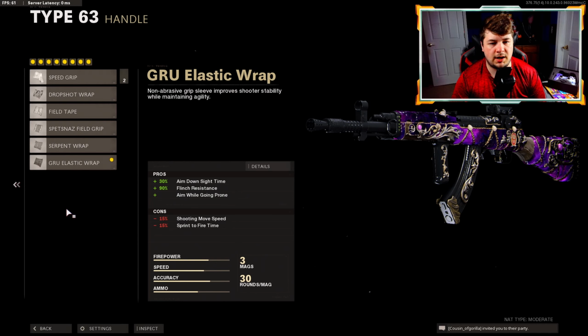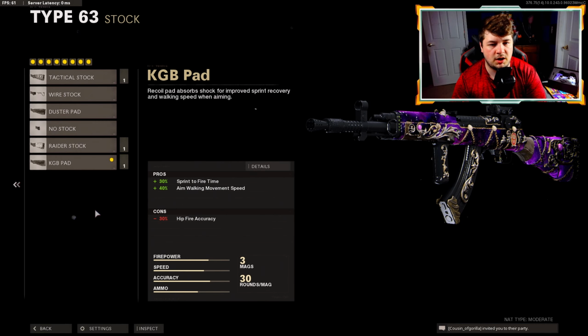Down to the handle, Grew Elastic Wrap. Most amount of aim down sight speed. We have 90% added to our flinch resistance and ability to drop shot. Then finishing it off with the KGB pad, 30% sprint to fire speed, along with 40% also added to the